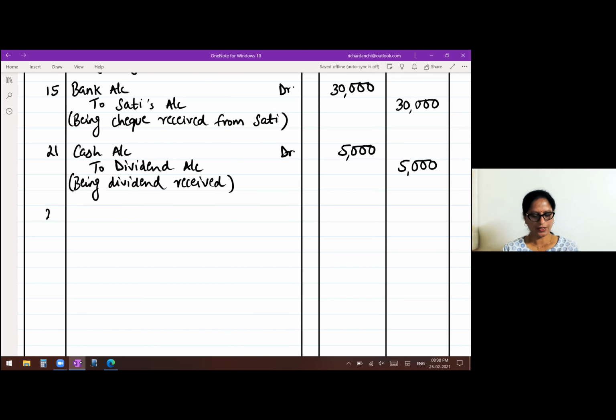25th, purchased laptop of 40,000 and paid by check. Now, what is laptop? It is an asset of the business. So here you will not use purchases, but you will use the term laptop. Okay, so one account is laptop. The other you are paying by check. You're not paying by cash, you're paying by check. So here it will be bank account. So laptop, real account, it comes into the business. Debit what comes in? Bank, you're paying by your bank. So bank is the giver. So you will credit the giver.